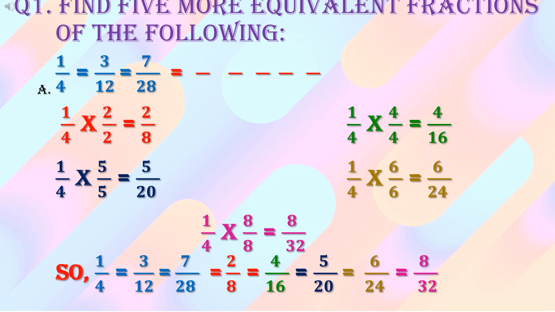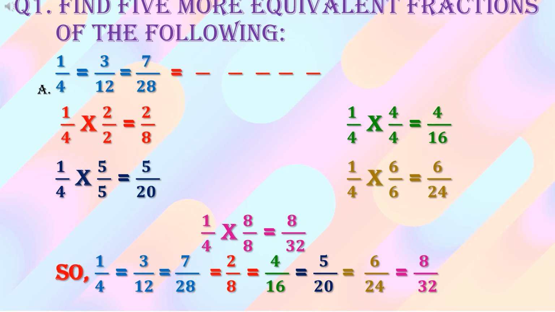Now next 1/4 will be multiplied by 4 because 1/4 is already multiplied by 3 and we have already the fraction 3/12. So we will multiply it by 4. So 1, which is numerator, will be multiplied by 4 and in result we will get 4, and denominator 4 will be multiplied by 4 and in result we will get 16. So we have got 4 as numerator and 16 as denominator and in result we have got the fraction 4/16. 4/16 is equivalent to 1/4.